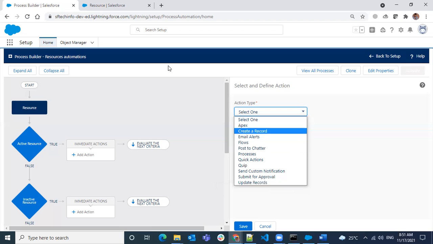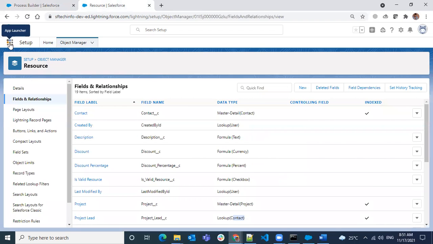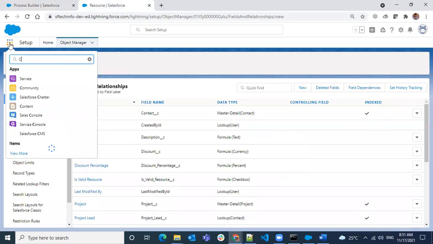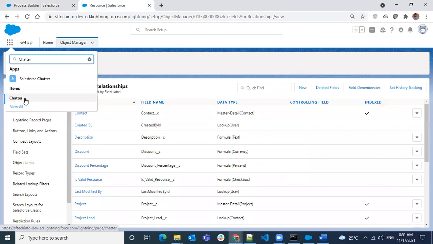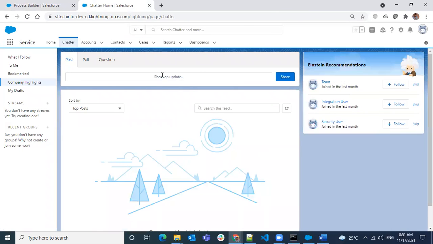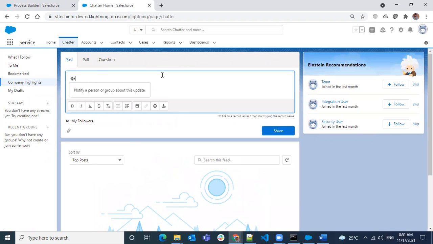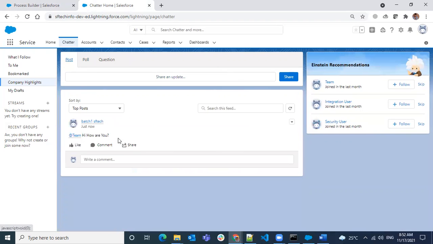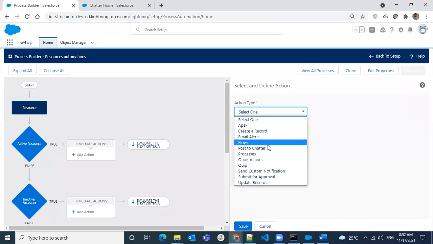We have a standard communication used in Salesforce, which is a chatter post. Usually when you use chatter, we have to manually post your messages. If you just want to put a message to the team or another user, you can just do a post here, so that when you mention someone, they will be notified in their bell icon. Similarly, you can do any chatter post using the process builder.